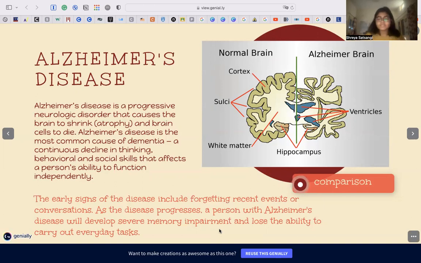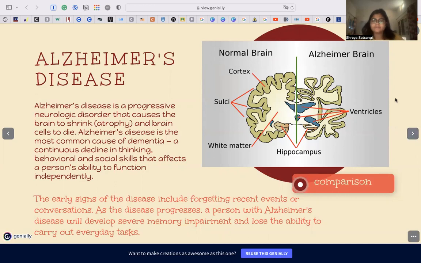She forgets things very easily. Sometimes she forgets who her own daughter or son is. So it is, we can say, a very dangerous kind of disease, because a person forgets everything. They don't know who they are, where they are from, and things like that, which are very essential for someone to live